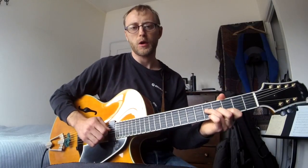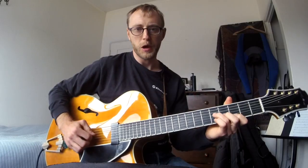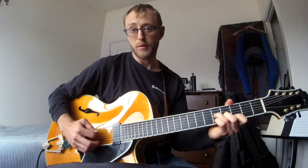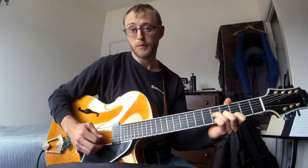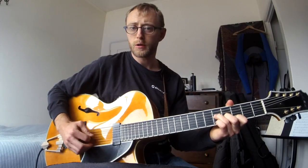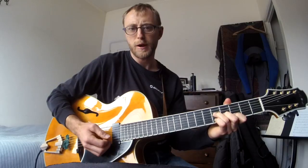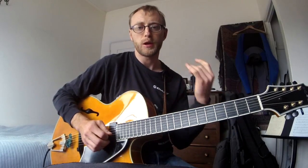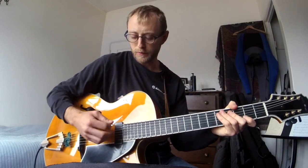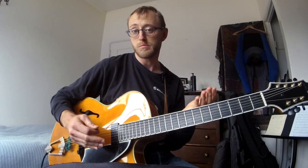If you focus on your sound as a priority and the various minute differences between the way it sounds to pick with your pick a little bit further back by the bridge or a little bit forward by the pickup, really aware of the range of timbres, the different tones you can get from various parts of the string, and be really focused on that rather than what scale you're shredding over here, whatever's coming up in the music and the harmonic stuff. You can focus on sound. That sort of calms the brain for me and helps focus on something that's really probably more of a priority,